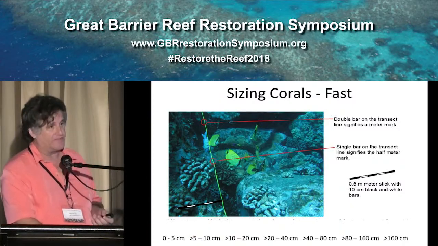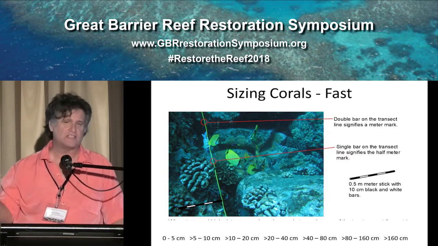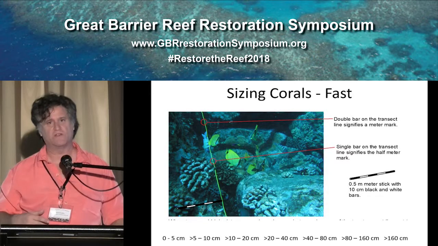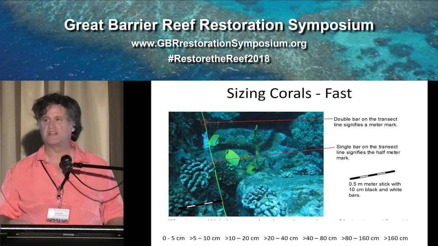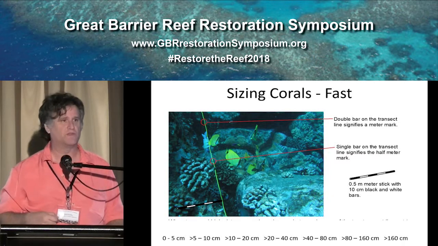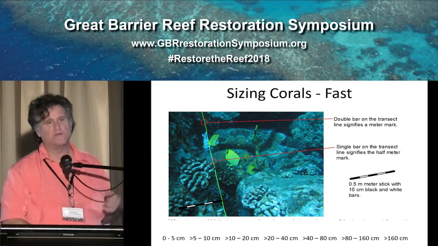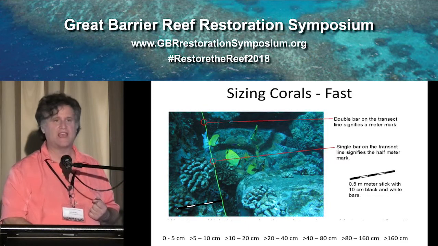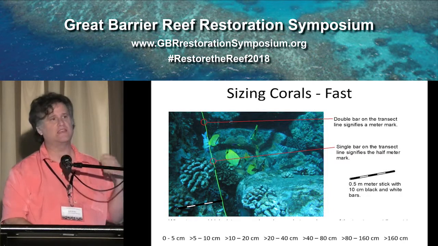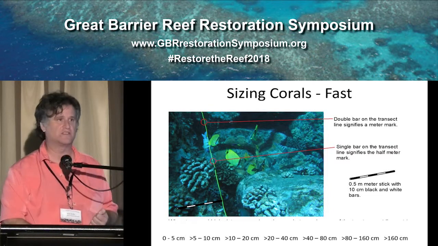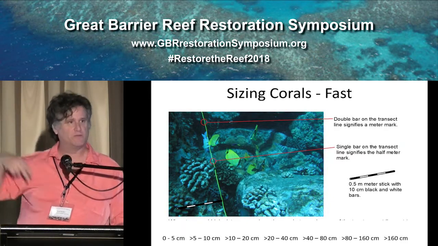To do that, it has to be fast and cheap, and what we've done is using assessment models that are used for vessel groundings. We send people out with PVC pipe, which is very inexpensive, wrapped every 10 centimeters, every alternate 10 centimeters with black electrical tape, and that gives us a quick measurement scale. And then we size all the corals into one of 8 categories, 0 to 5, 5 to 10, 10 to 20, 20 to 40, 40 to 80, 80 to 160, and greater than 160 centimeters. And the reason it doubles is so that you have the ability to scale up and down between coral sizes